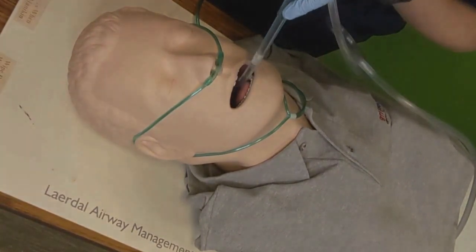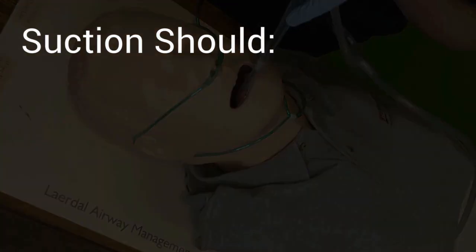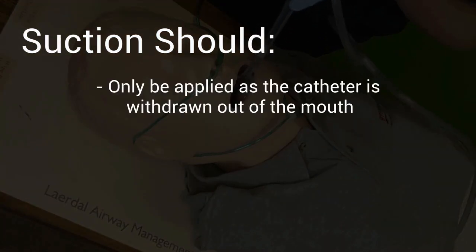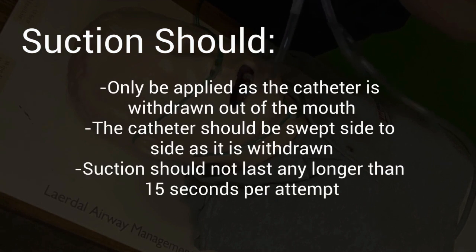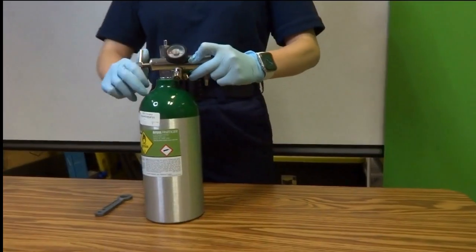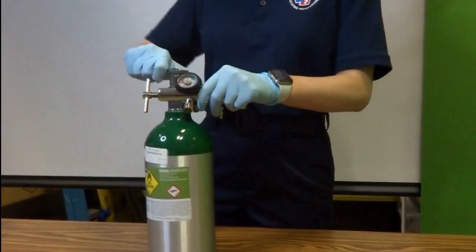There are 3 general principles for suctioning. Suction should only be applied as the catheter is withdrawn out of the mouth. The catheter should be swept side to side as it is withdrawn, and suction should not last any longer than 15 seconds per attempt. Ideally, a patient that is to be suctioned should receive oxygen for at least 1 minute